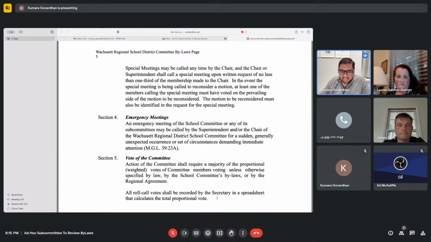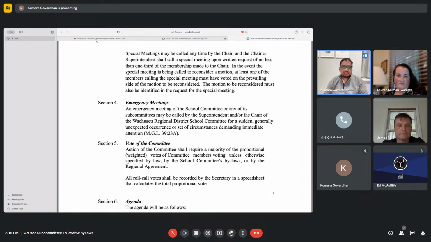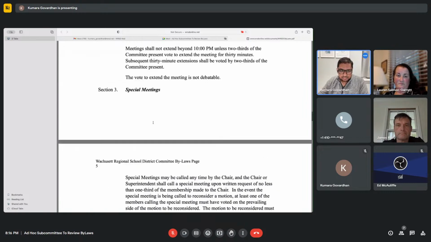Now, Section 5, we actually have looked at before. It's already been voted on and approved, but it talks about our weighted voting, roll call by the spreadsheet, and the secretary to calculate the total proportional vote. So I feel like we can go right beyond that one, and that brings us right back to agenda. If I'm not mistaken, I'm just going to scroll back up.